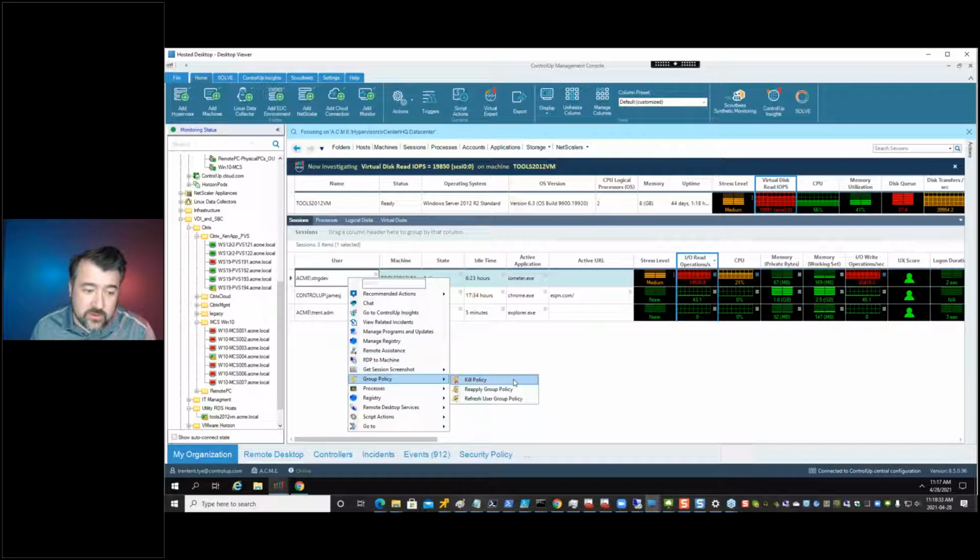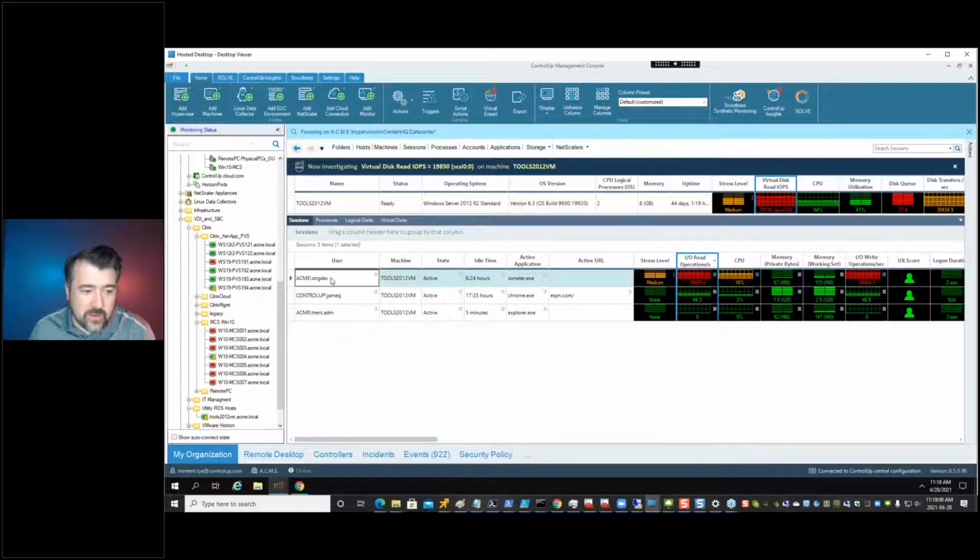As well, we can kill the user's group policy, we can reapply the group policy, and we can refresh the user group policy. And there's a really cool thing that you can do with ControlUp that's really powerful here, is that typically one of the group policy settings that you enable, especially for standard users or users you want to lock down, is like disabling the command prompt. I think we're all pretty familiar with that dialog that tells you that the command prompt has been disabled by your administrator. Well, one of the things you can do in ControlUp is if you have a session that